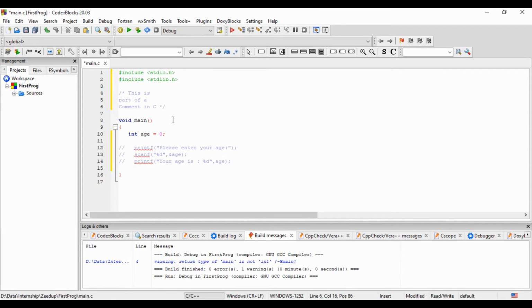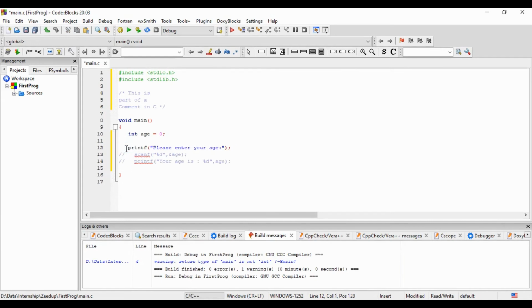Okay, now this was about comments. These are multi-line comments and this is a single line comment. Now there is another thing. If you want to remove something from a comment, this is for the IDE specific purpose only. If you want to uncomment your code, you can just remove these two symbols